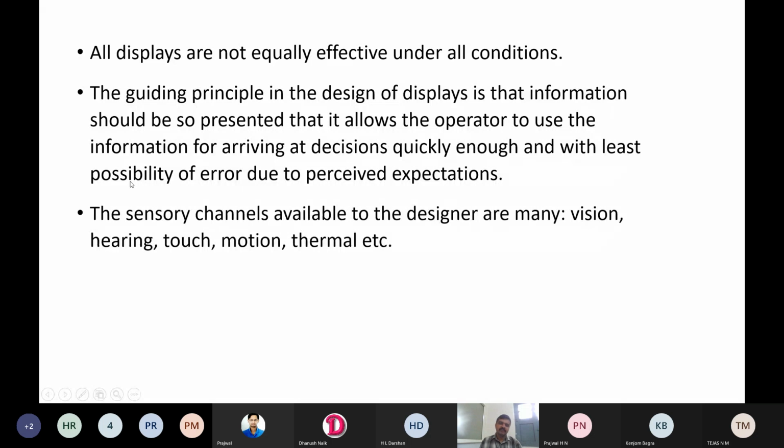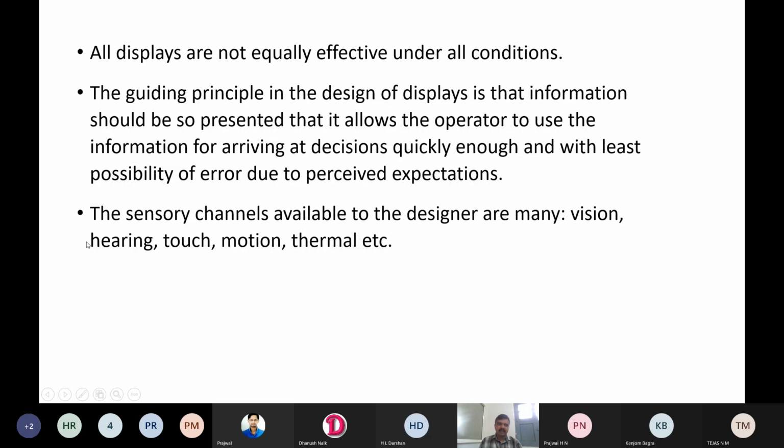The sensory channels available to the designer are many: vision, hearing, touch, motion, thermal. Man can sense based on vision. He can see something displayed and then he can make a decision. That is one way. And also hearing. If you are able to generate a sound, by that also he is able to understand that something is not going well with the machine, or even